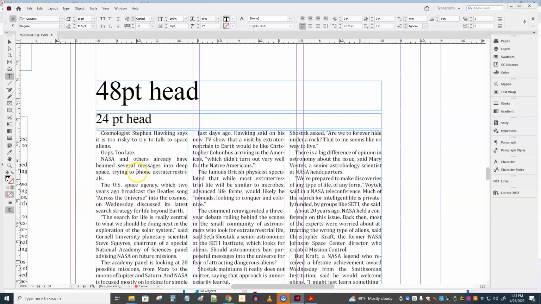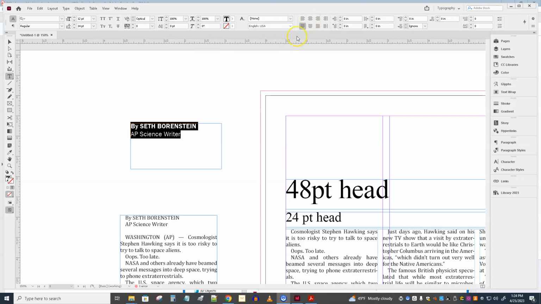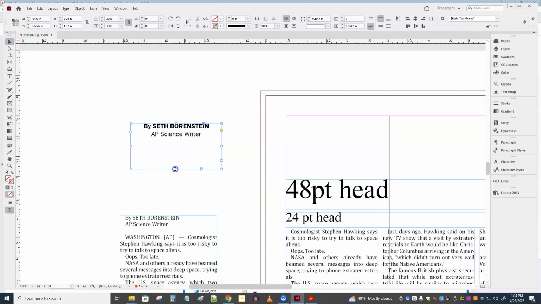So what are we going to do here? Well, a couple of things. I think that we need to perhaps do something special and different with that byline. So here it is. I think what you could do, for instance, is we could change the font, or we could at least just make it bigger. Let's say 12, and we'll say on like 14-point lettering, we'll make it a lot bigger, and we could center it. Oops, where am I centering? Center it. There it is. And we could close the box up to it